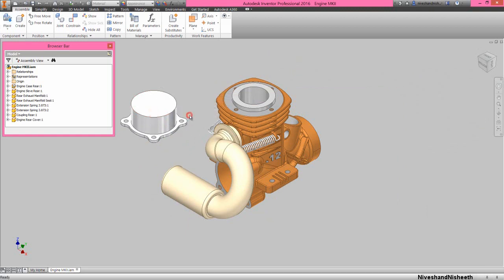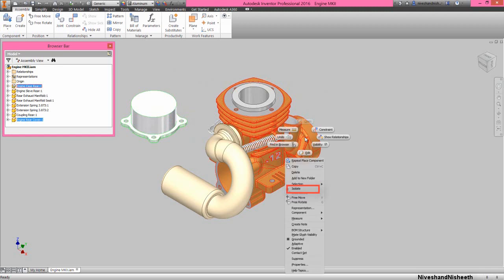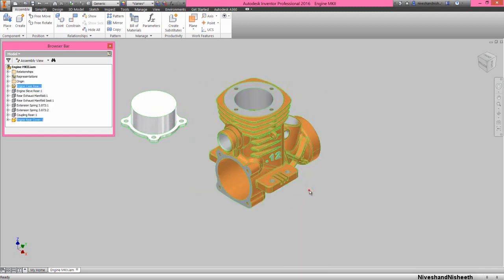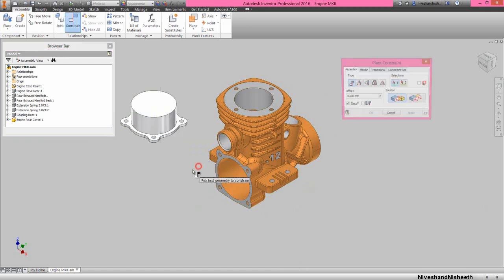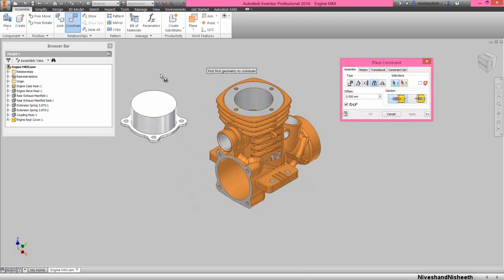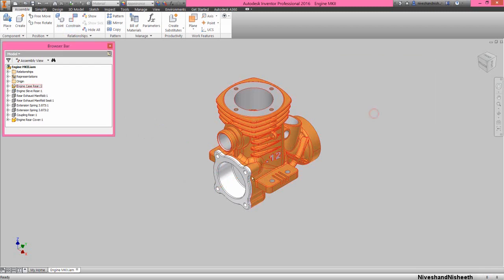Now we will place the part engine rear cover in this assembly. Select the engine rear cover part and engine case rear and choose the isolate option from here. Now activate the constraint command and choose the insert mate option and select this circular edge of the engine rear cover part and this hole edge of the engine case rear and apply insert mate between them.